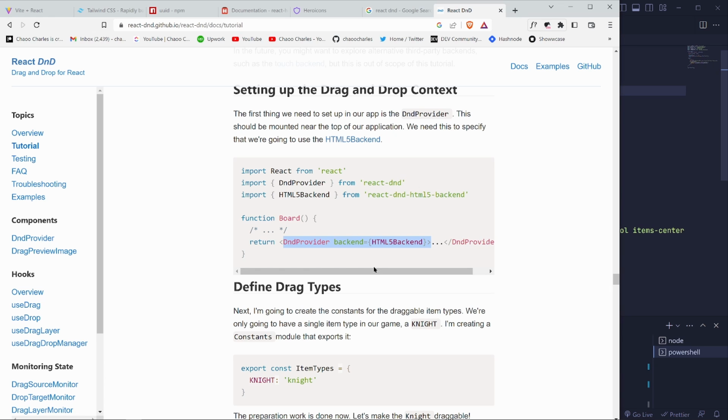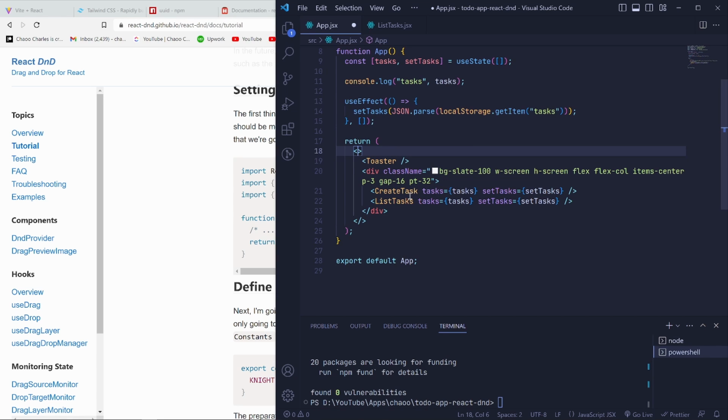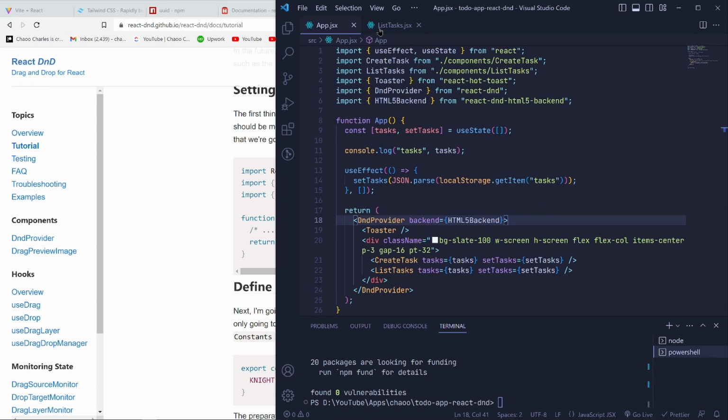So I'll copy that provider, and right here, instead of React fragment, I can include the DnD, and make sure you close down here. So now we have React DnD added. I'll remove that. So we need to go to list tasks,